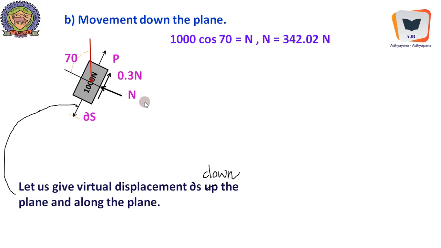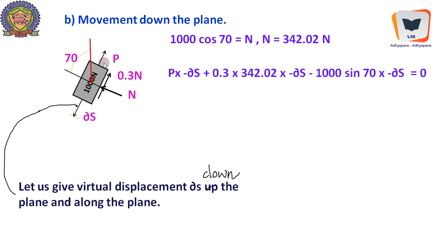Now we have to find the value of N. We will resolve the forces perpendicular to the inclined plane. We will get N equal to 342.02 as earlier, and now P is positive, del S is negative. Therefore P into minus del S, as far as this is concerned, force is positive, del S is negative. And as far as the component of this weight is concerned, it is acting downwards like this. It is 1000 sin 70, which is acting downwards, that is negative, and this is also negative. So negative force component, weight component, and negative displacement makes this particular work done by the component of the weight